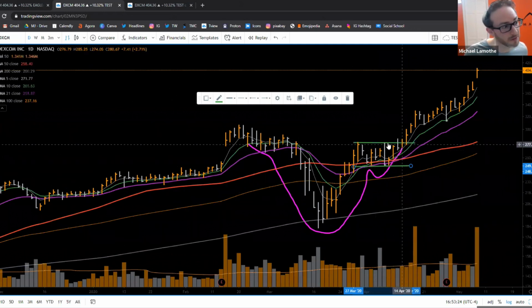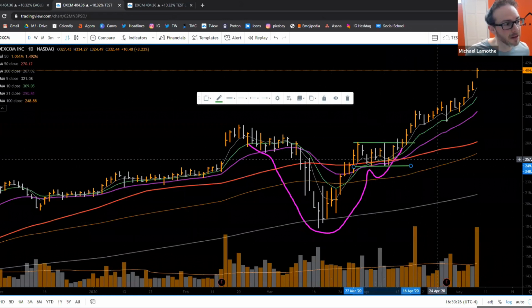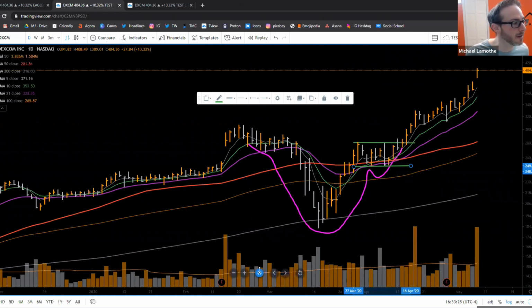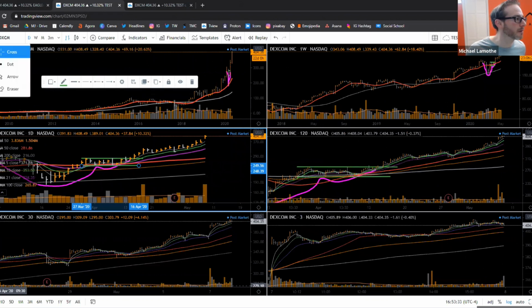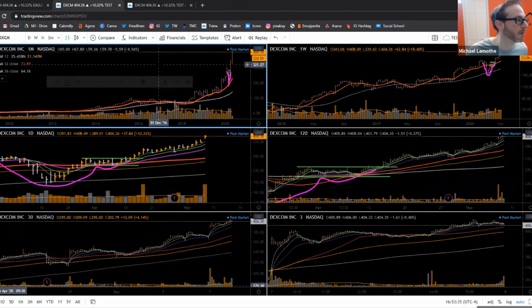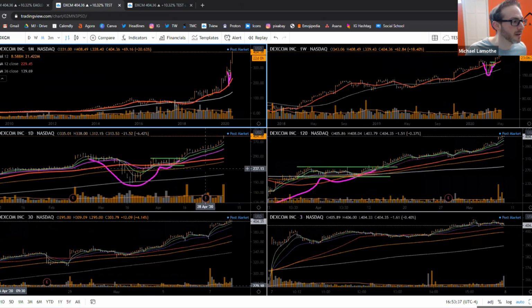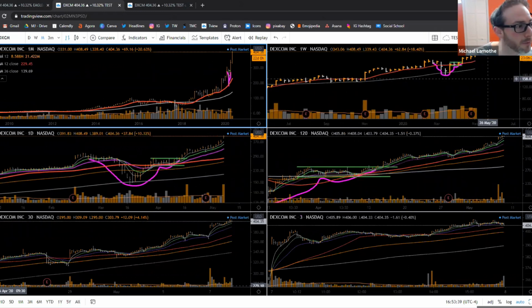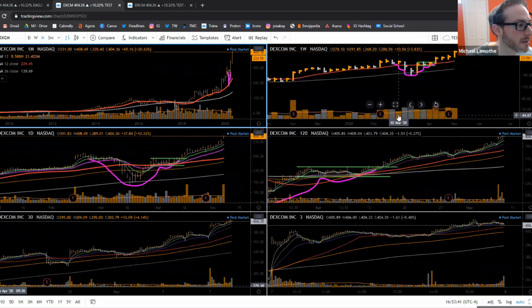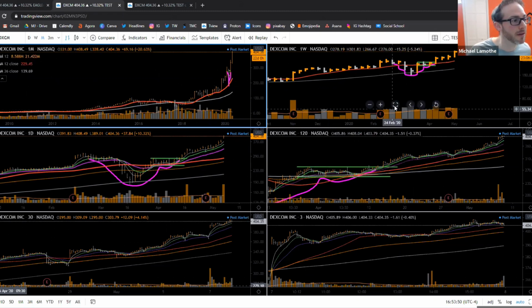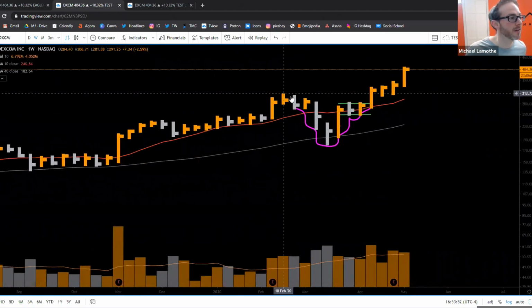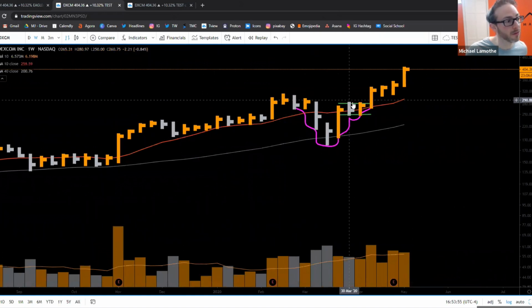So basically, draw out the pattern. You would be able to then analyze that pattern on the higher time frames. We could just click the crossbars, get rid of that thing there, and you could see how it would lay out on the higher time frames, right? So the monthly is showing us the general trend. Fantastic, general trend up. Over here on the weekly chart, you can see that there's a cup with handle, and